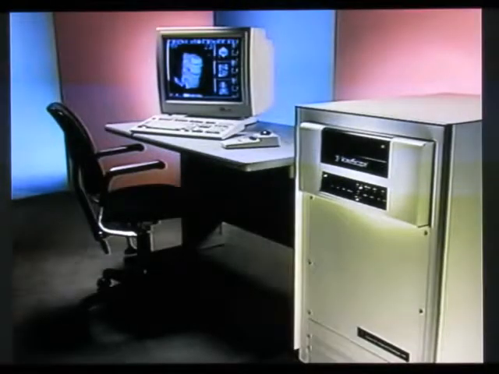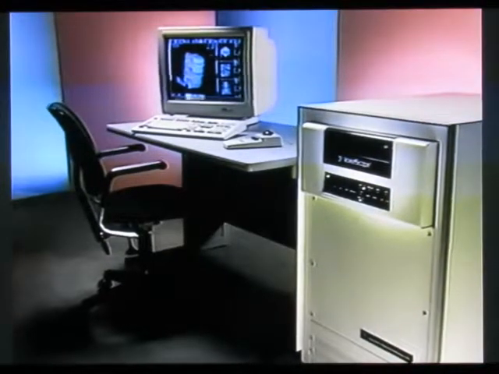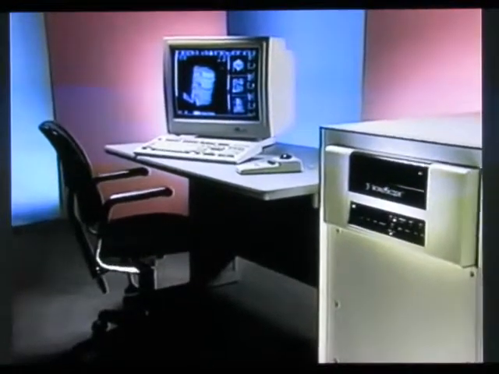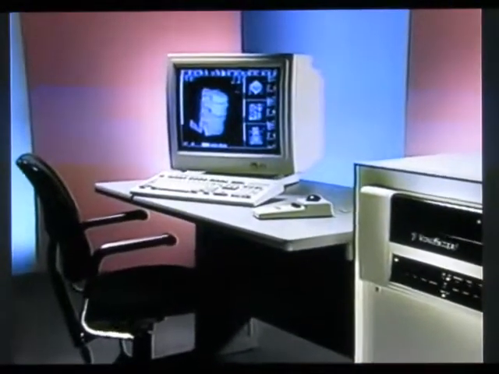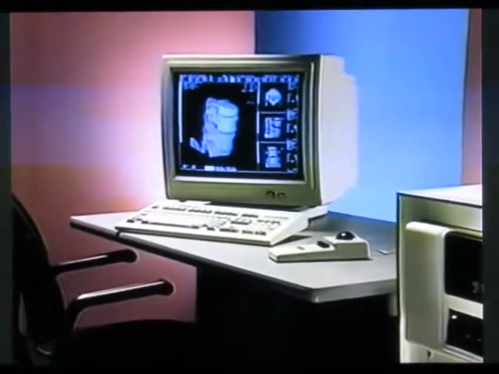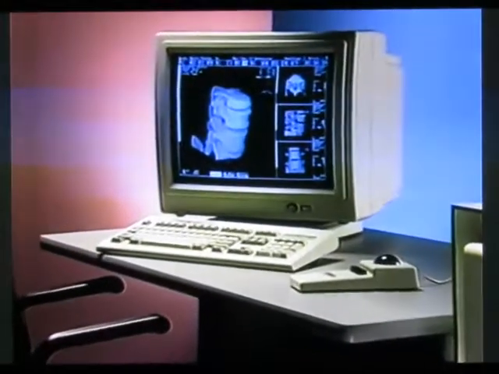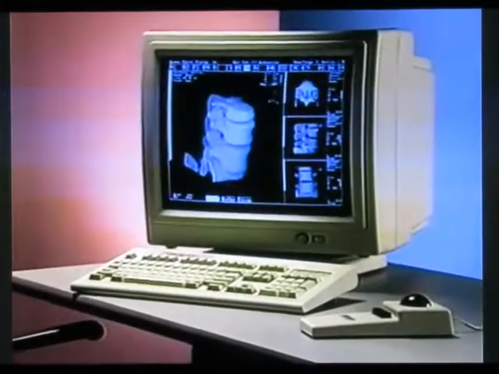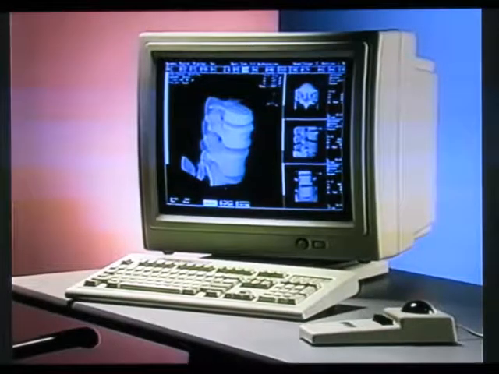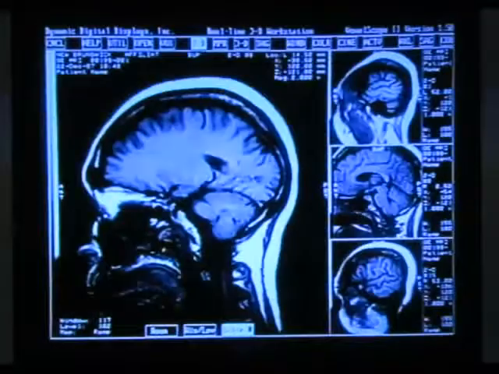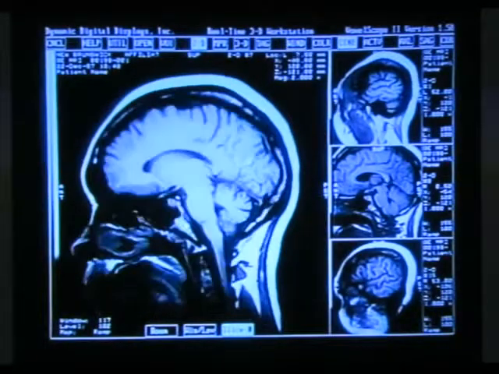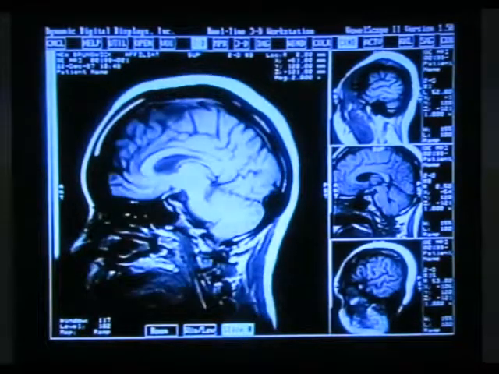Clearly, the Voxelscope represents an important breakthrough in diagnostic imaging. The advanced architecture of the workstation eliminates the need for lengthy pre-processing. This enables you to create 3D images instantaneously and allows you to complete a patient study in less than 10 minutes. Dynamic Digital Displays is developing additional Voxelscope application software for MR,